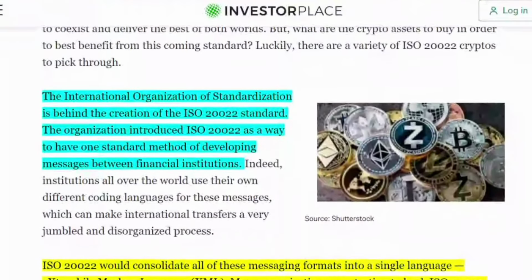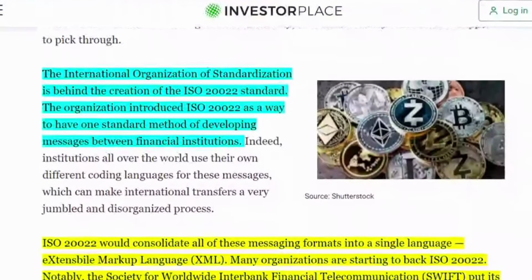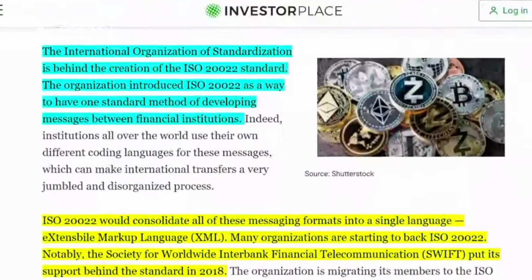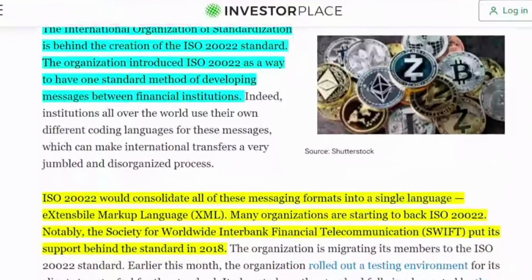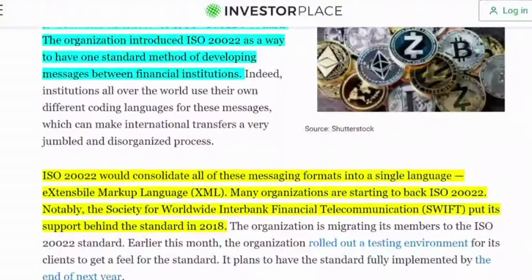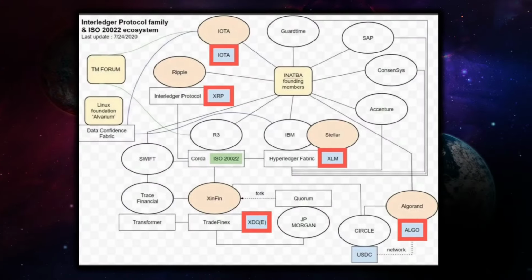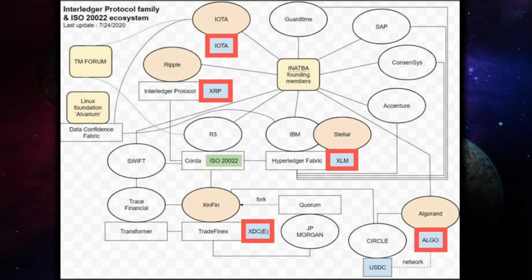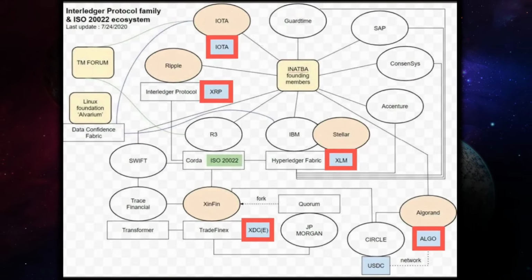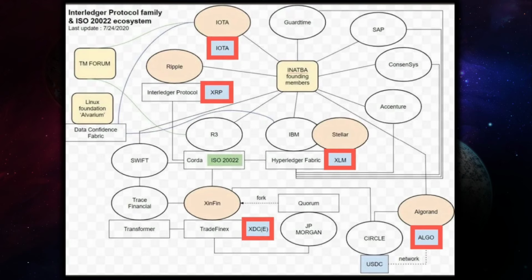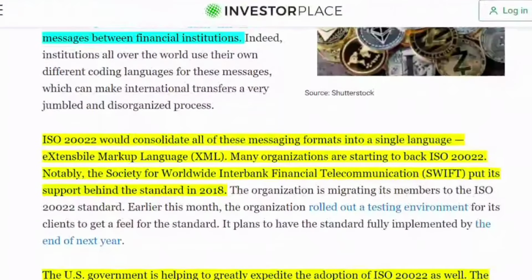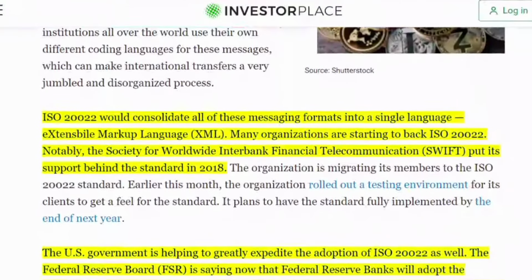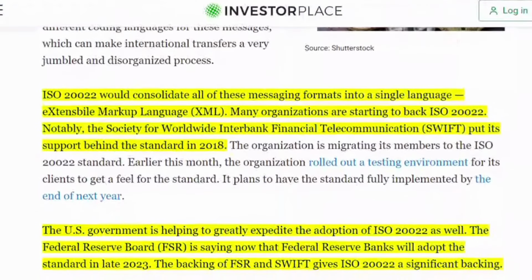Now, the article that this list originates from is from Investor Palace, written on December 22nd of last year. But this piece was heavily inspired by this image from July of 2020. It illustrates the 5 projects that are already associated with this ISO transition. This is the web in which we will crawl today. Before we get into it though, let me show you just how far-reaching these standards truly are.